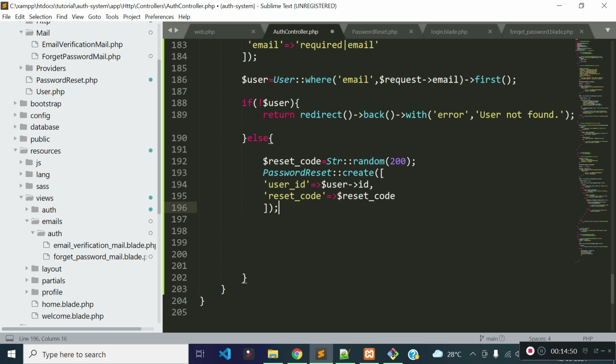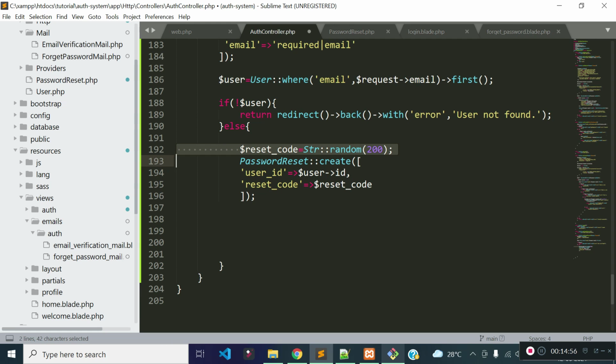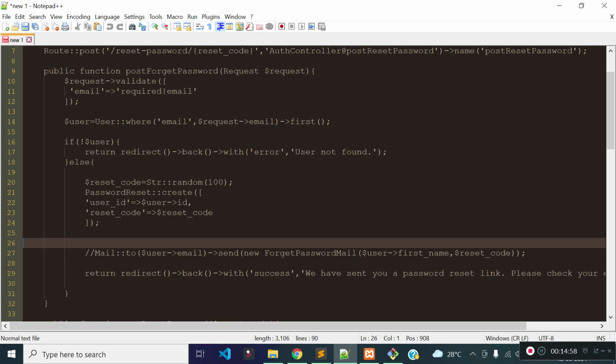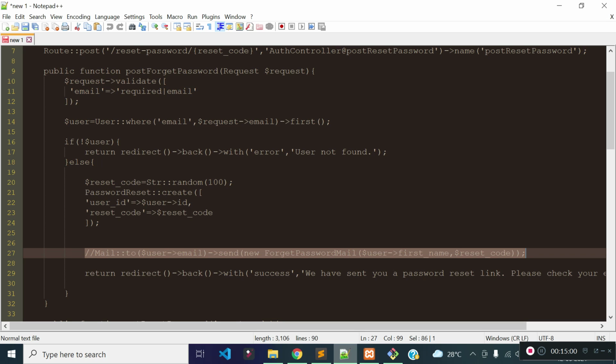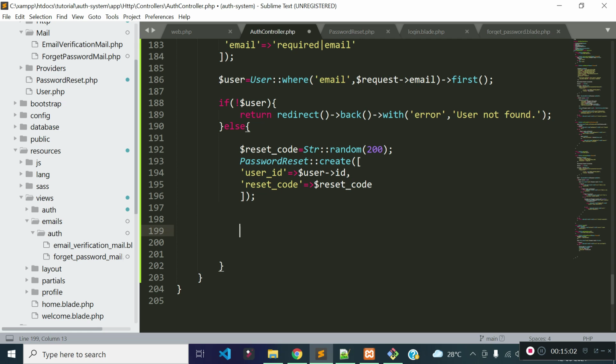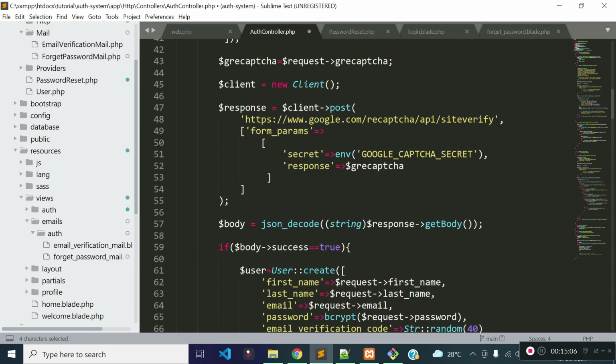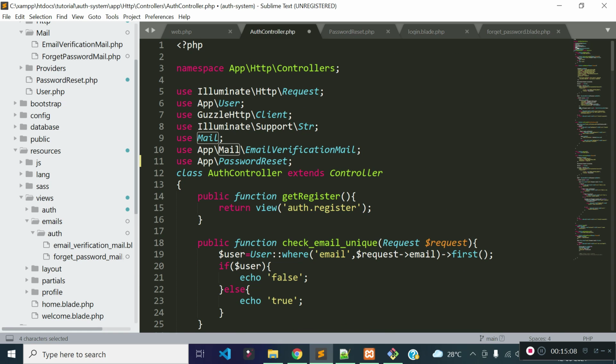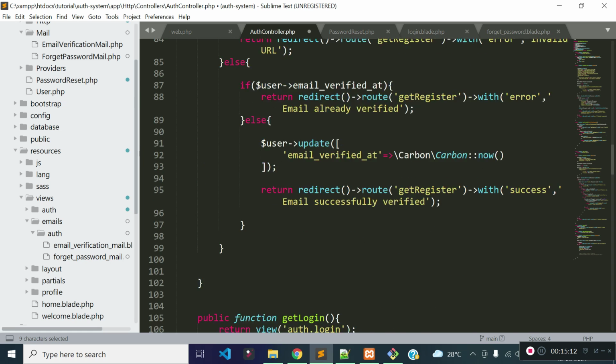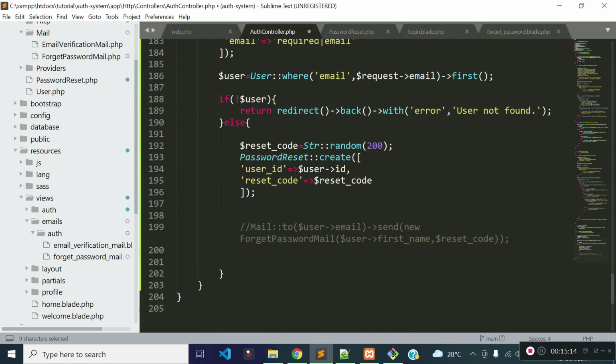Now we have to send the email to the user's registered email address. First of all, we need to import the Mail facade at the top. Yes, the Mail facade is already imported at the top. So we can use the Mail facade to send email to the user's registered email address.